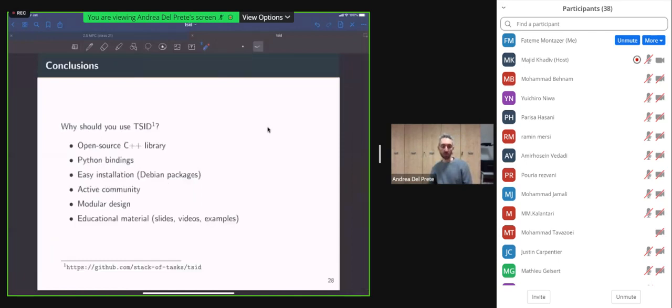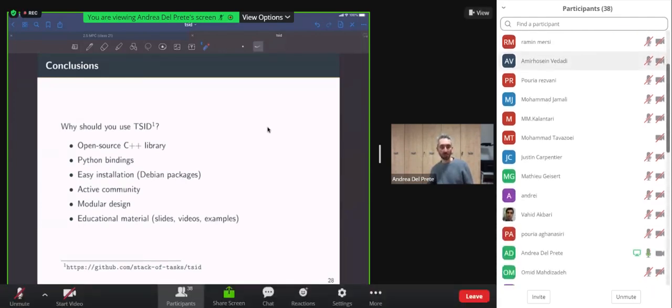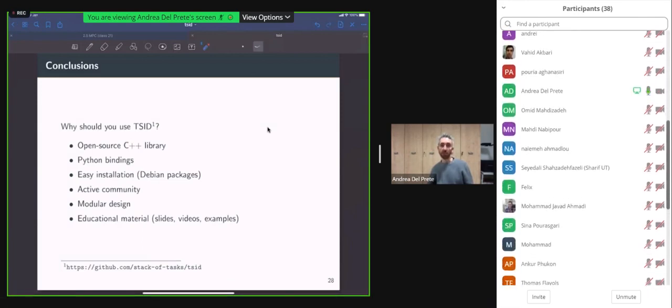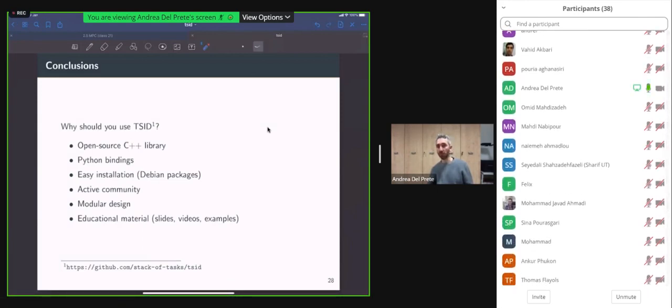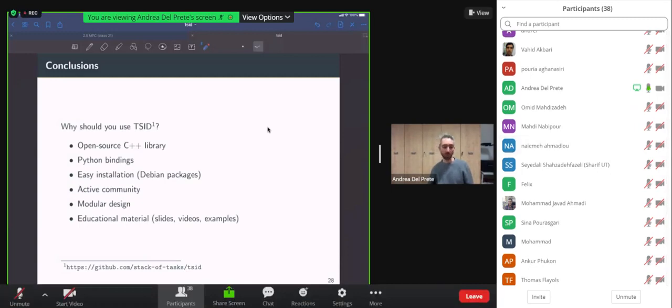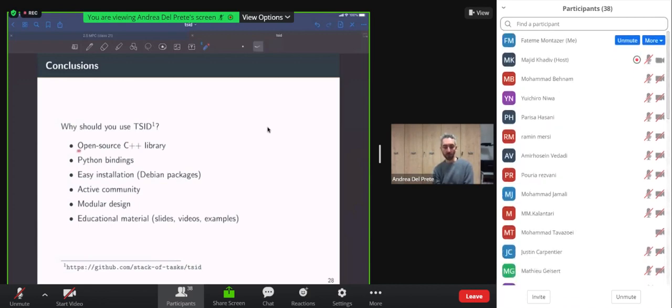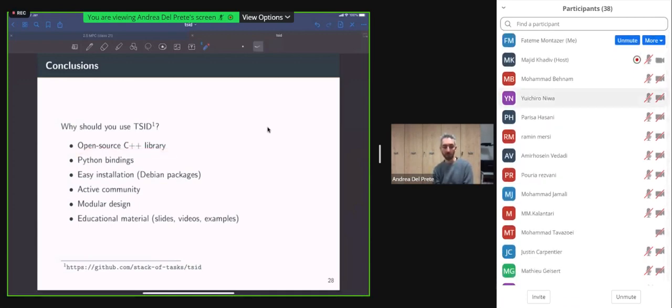Okay, that concludes my presentation on the implementation of TSID. To summarize, why should you be interested in using TSID? Well, TSID is a very common control framework for legged robots and robot manipulators, but not limited to these two kinds of robots, actually. It comes with an open source C++ library, with Python bindings, which are very, very practical for bootstrapping the learning of the library. It can be very easily installed using Debian packages, so you can just do sudo apt install to have it